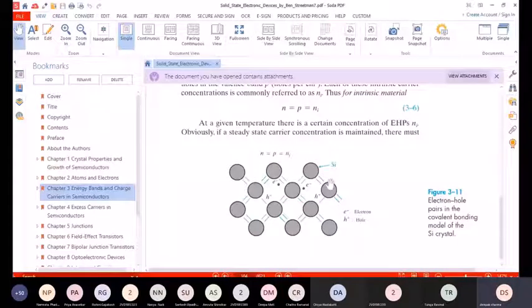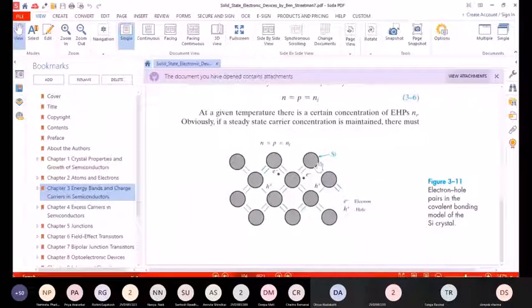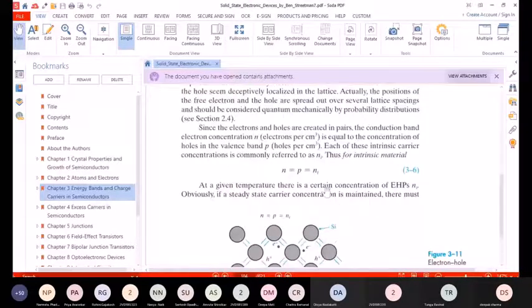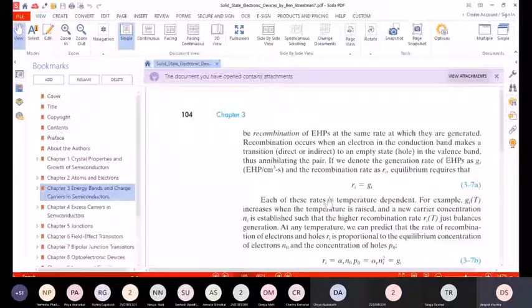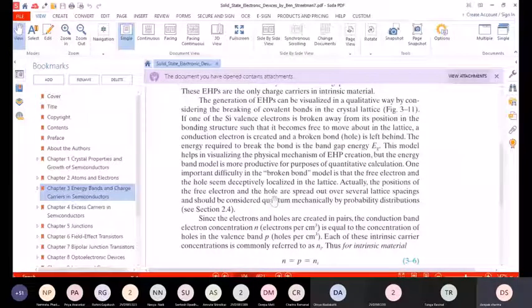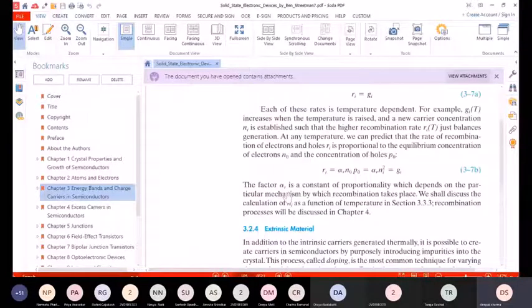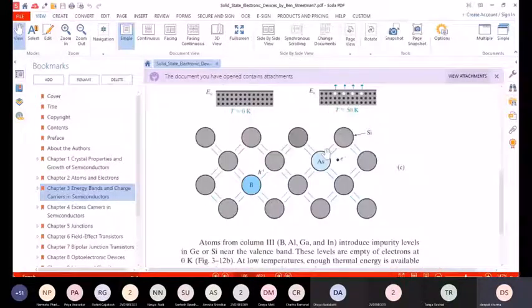So this is just a diagram showing what happens when something is added to silicon. That was pure silicon. Nothing is added here. Whenever we come to the extrinsic, some impurities will be added. Say for example, arsenic is added on the right hand side, and boron is added on the left hand side. So this side becomes p type material, and this side becomes n type material.